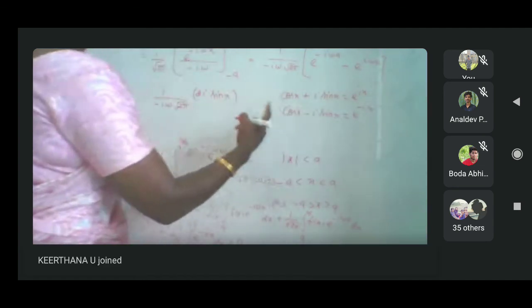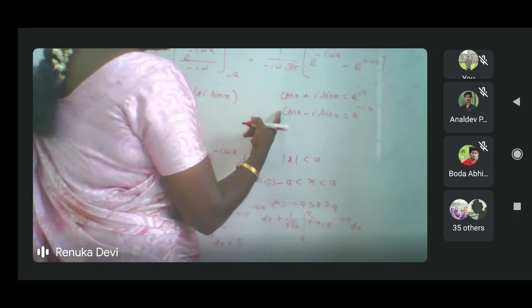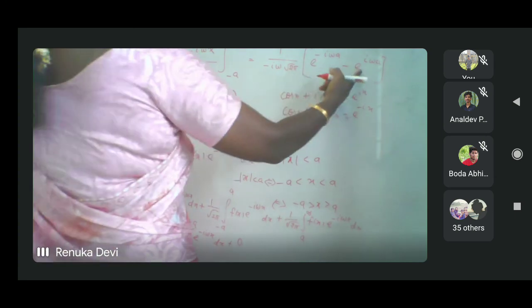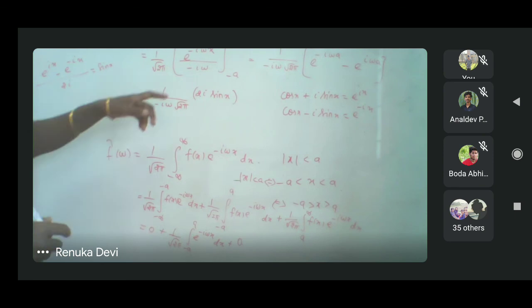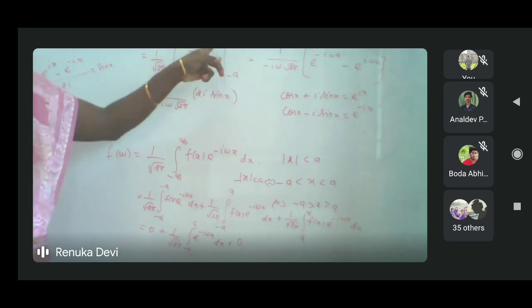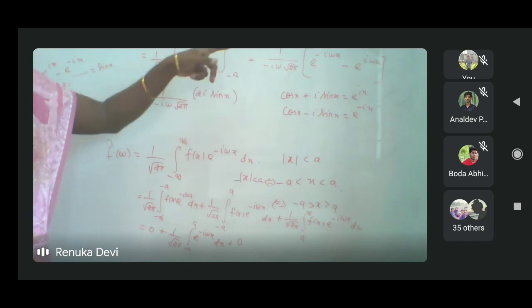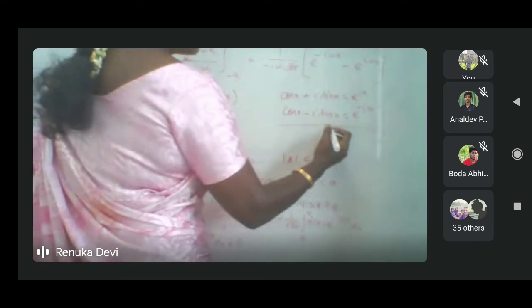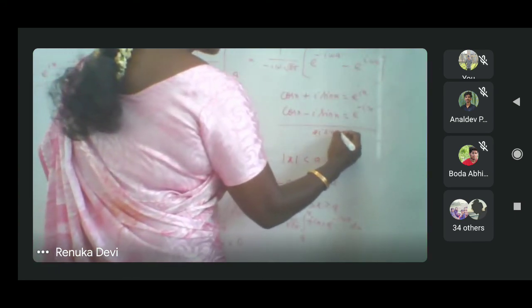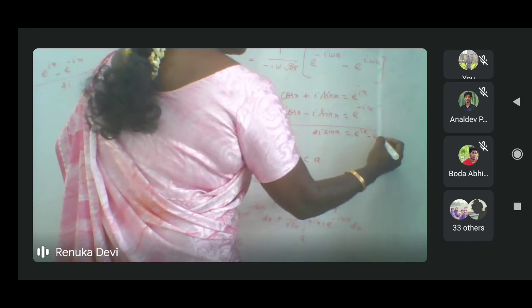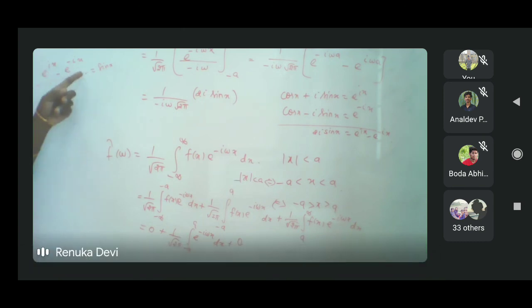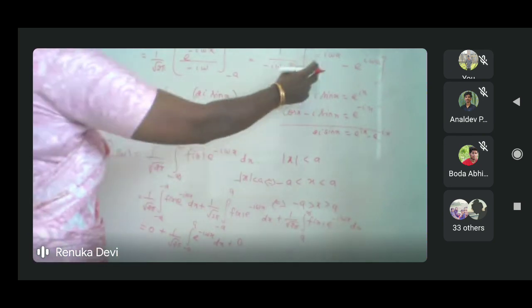Now you subtract this. If you are subtracting this one from this one, what do you get? So this is the first one, so minus, isn't it? I have taken this minus sign outside, so upper limit it is plus, minus lower limit it is plus. Now you take the difference, what do you get? This is 2i sin x equal to e power ix minus e power minus ix. This is what I have written: e power ix minus e power minus ix by 2i is sin x. Therefore, e power ix minus e power minus ix will be 2i into sin x.